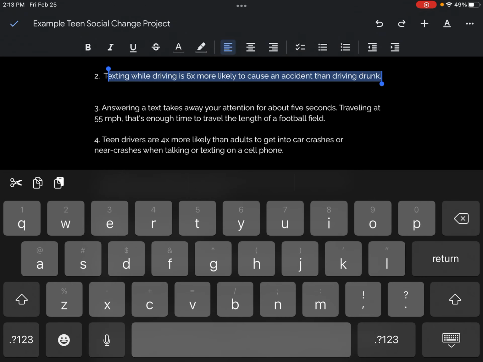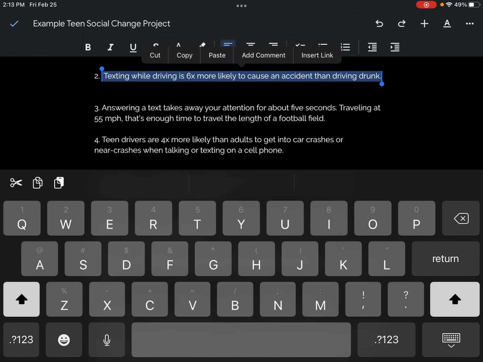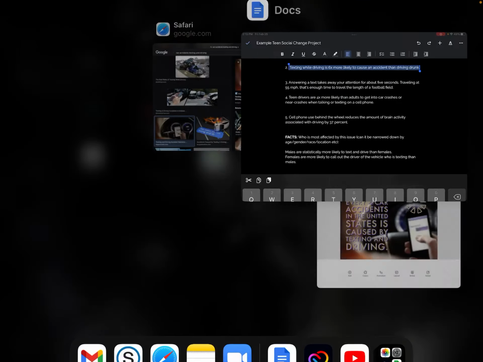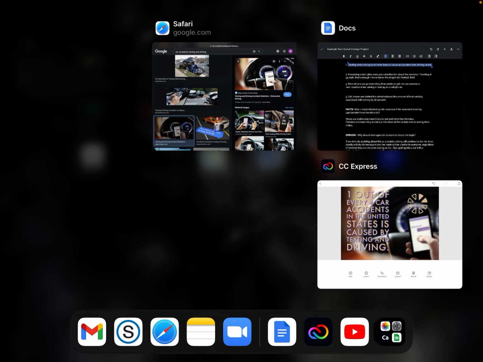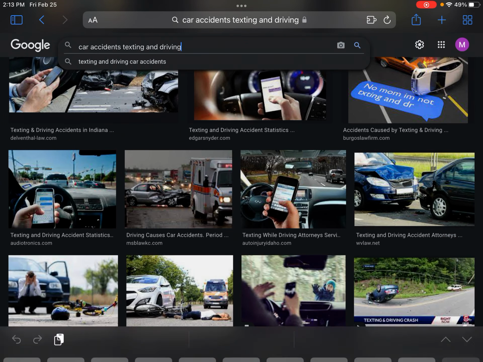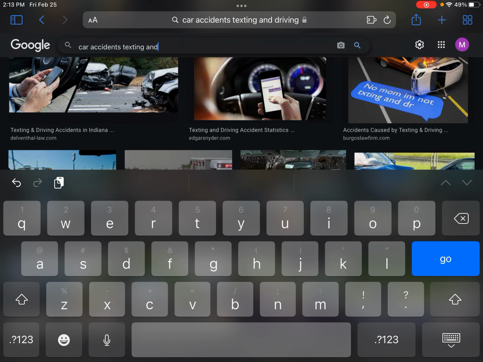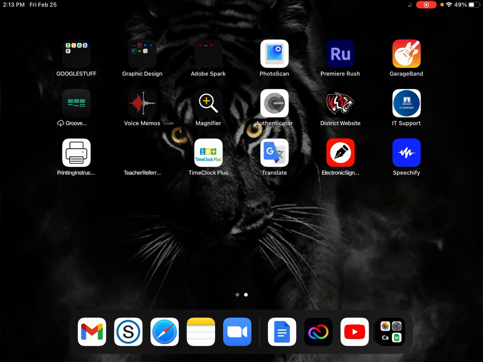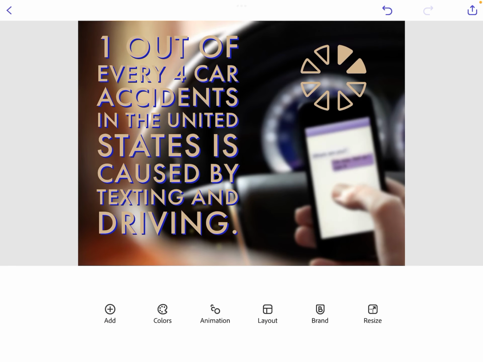There we go. So I'm going to copy that text because I've capitalized and punctuated my sentence. So from here you could go back to the drawing board, and since this is a statistic about driving drunk, I think I have an image on my iPad already of a liquor cabinet or a bunch of bottles of liquor. So I was going to use that as my